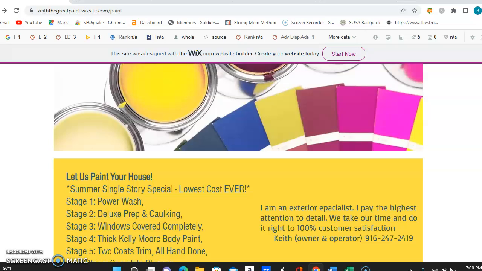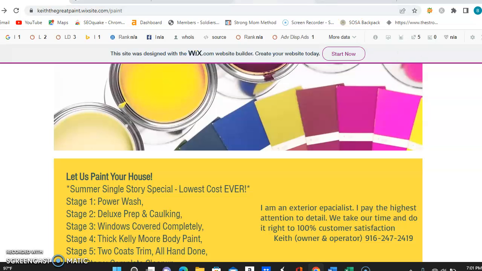And a keyword is going to be anything that someone might type into the Google search engine looking for a particular service or product in their area. Now, in your content, you can place these keywords and key phrases throughout to tell Google exactly what you want your website to be found for or known for. So with you being a home exterior painter specialist, that's what you want to do. Make sure you put in a lot more like exterior painting services, Sacramento area. You want to implement these keywords so you are more searchable on the Google search engine.